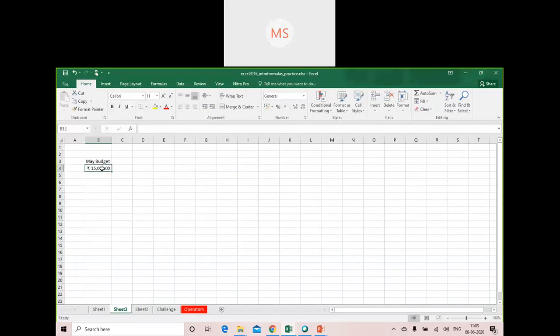Now these are the two sheets. Here the value is 12,000 and here the value is 15,000. Now what if I want the total budget of May and June?